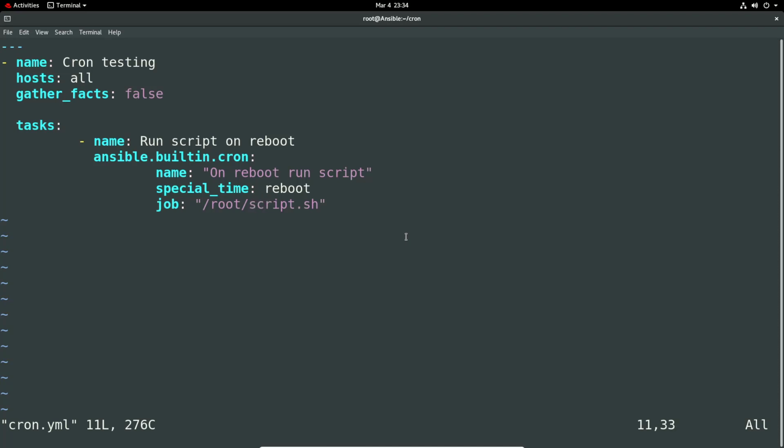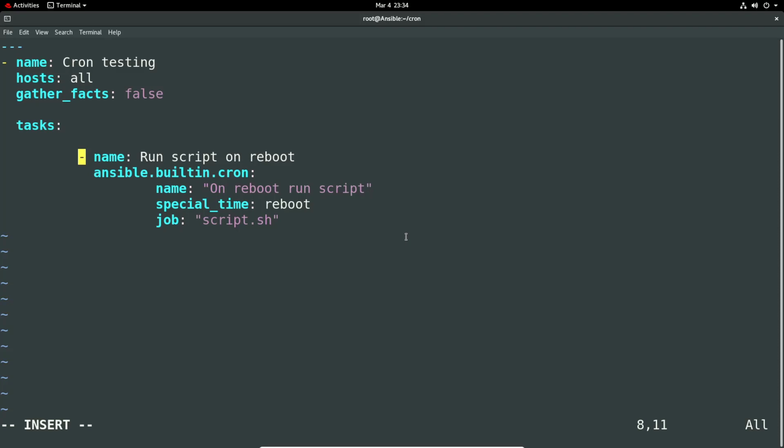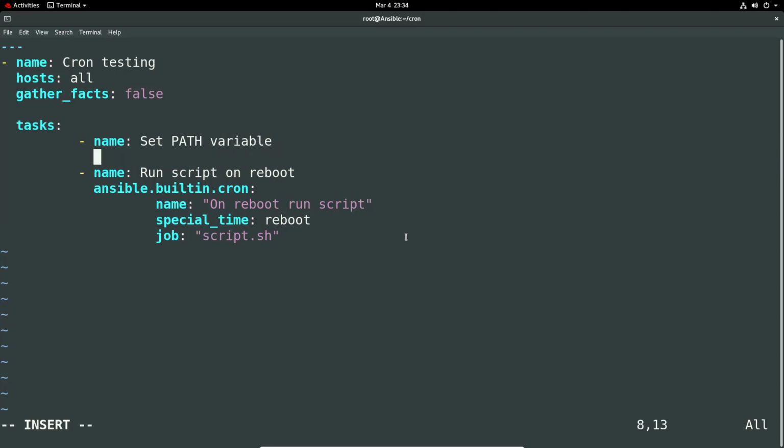So in this instance, I could just get rid of the script component here and then have another task. Set path variable, and then it's